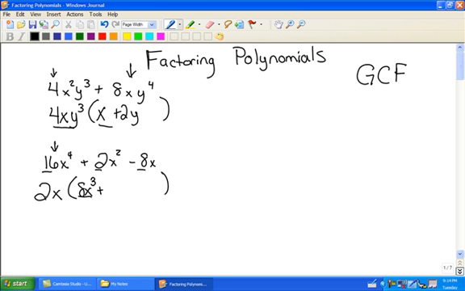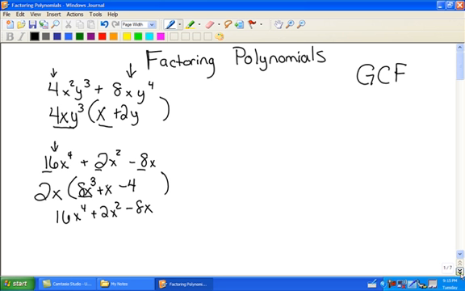Then we have plus. We already have the 2 there, and we have 1x. In order to get an x squared, we're going to need to multiply by another x. 2 times what will give us negative 8? That's going to be a negative 4, and we already have the x. So if we multiply this back out, 2x times 8x cubed will give me 16x to the fourth. 2x times x will give me a positive 2x squared, and 2x times a negative 4 will give me an 8x. You need to always make sure that you end up with the first thing that you started